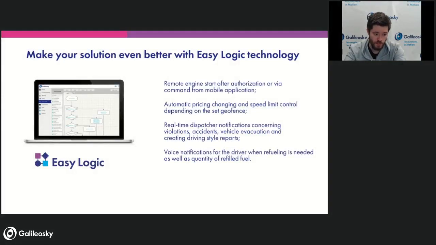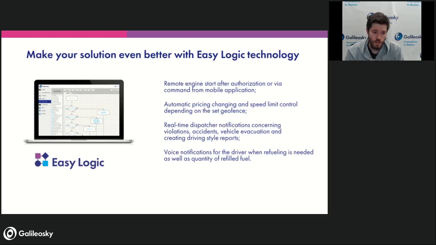Speaking of EZLogic, that's one of the most impressive and most widely used tools when working with the car sharing project, because it gives you opportunity to create your own chain of events and reactions to certain actions, to manually set the tracker to work in the way that you want it to work. So if any of you have already worked with EZLogic, or at least have any skills in programming or making algorithms, then it will be quite easy for you to understand how wide this functionality is and how many things it allows to do. So just to give you a number of examples of what actually was done using EZLogic,